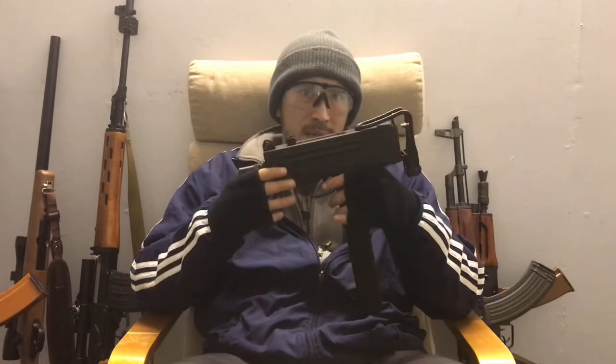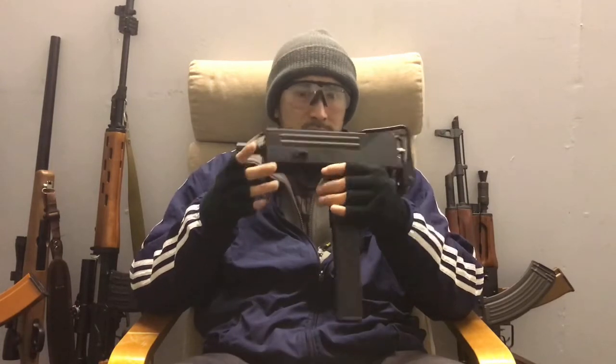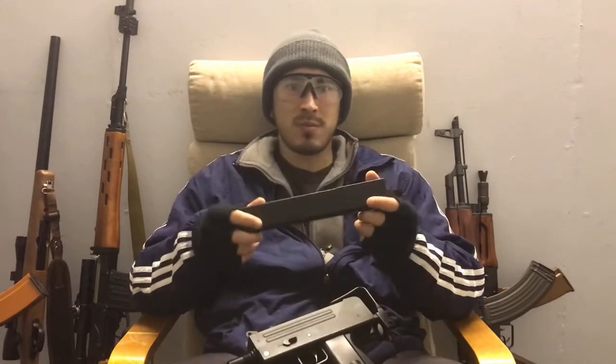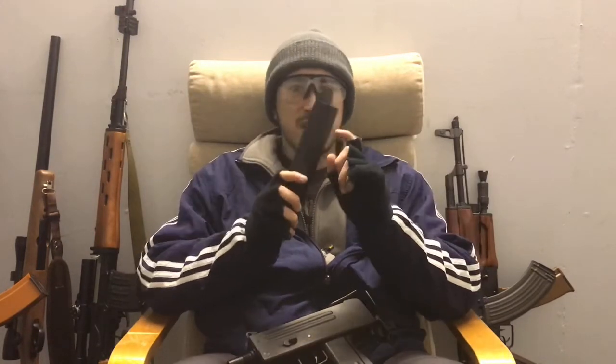Now, there are a lot of varieties out there, like I said. So this is the Mac 10. You could get an MP5, you could get a UMP 45, I believe they are, or anything else that's in the SMG category. Now, I highly recommend these for beginners, not this particular one, but whatever you want. Simple enough. You've got high caps, you've got mid caps when it comes to AEGs, DMRs as well, but most people prefer mid caps when you play for a lot longer. A high cap will get you through the day for a skirmish, but obviously when you want to get your own gear, you will need to consider how many mags you want, that's up to you. But anyway,